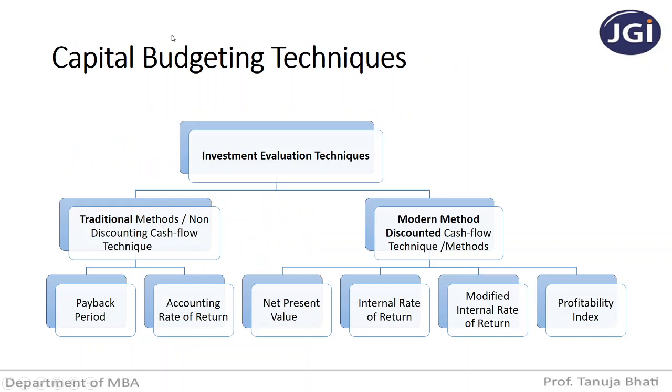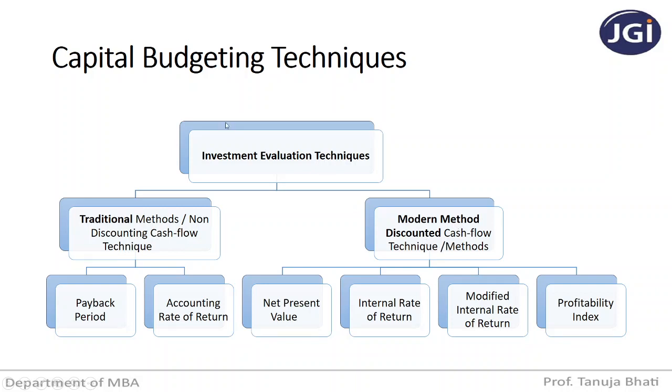Next, capital budgeting techniques. Now we'll just be seeing the theory part. In my next video lectures, we will be seeing the problems on different techniques. That is what is covered in the syllabus. Moving ahead, capital budgeting or evaluation techniques is divided into two types, that is traditional technique or method, and modern technique or method. Under traditional method is also called as non-discounting cash flow technique, and modern method is also called as discounted